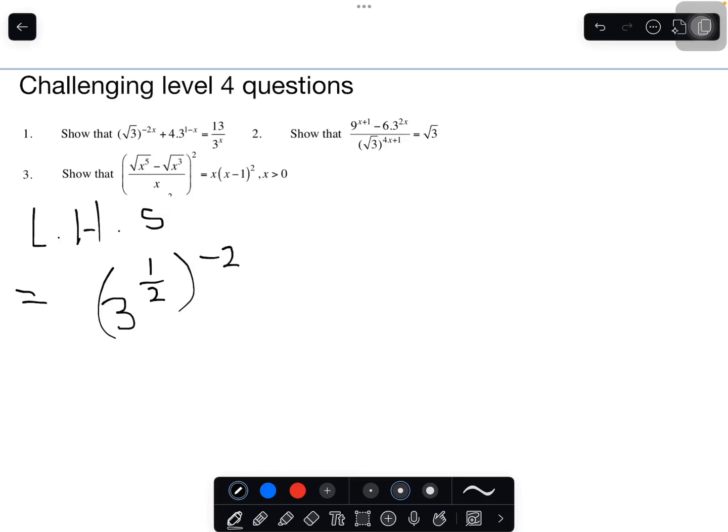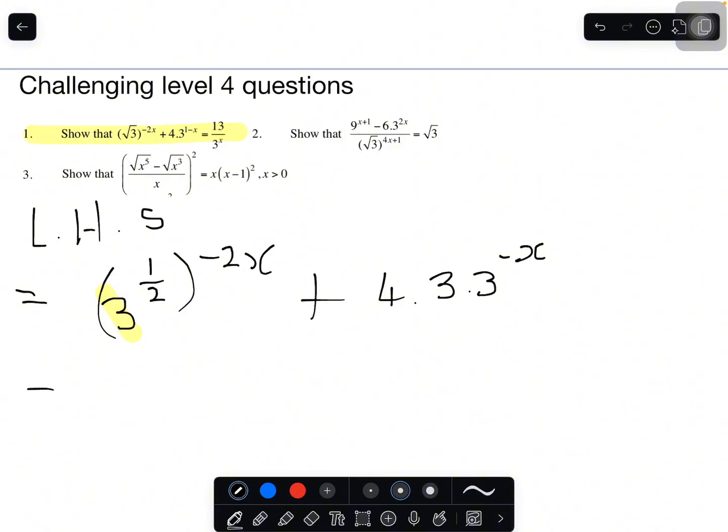Then we have minus 2x plus, now you can see here that the main base that we are dealing with in this question is this 3. And in our answer, we have a 3 to the power x. So when we're working with this, we want to isolate this 3. So we're going to have 4 times 3 times 3 to the minus x,